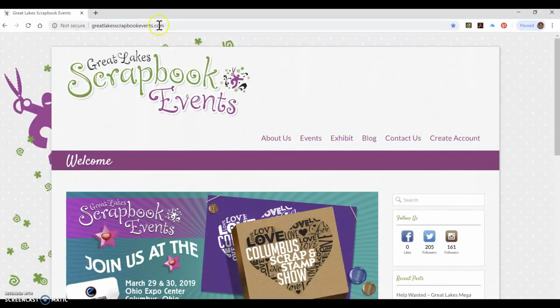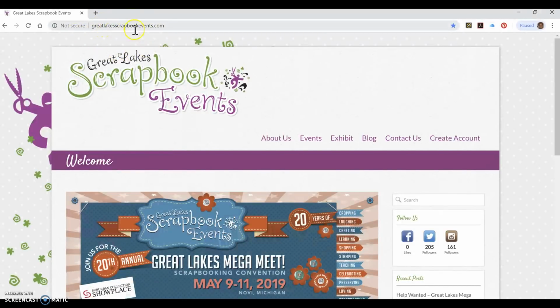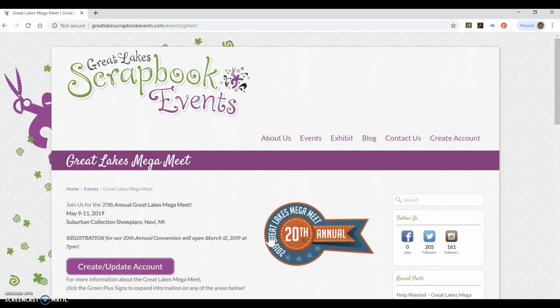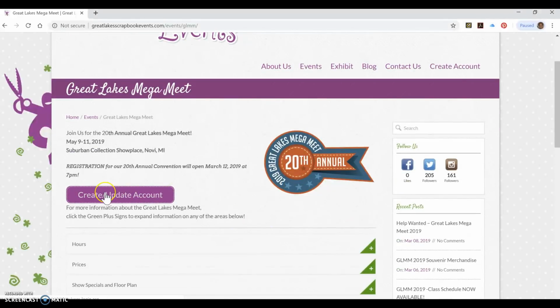First, you want to navigate to our website, which is www.greatlakesscrapbookevents.com, and then click on the event banner to get to the event page. Once you're on the event page, click this purple Create Update Account button, which will change to say Register Now